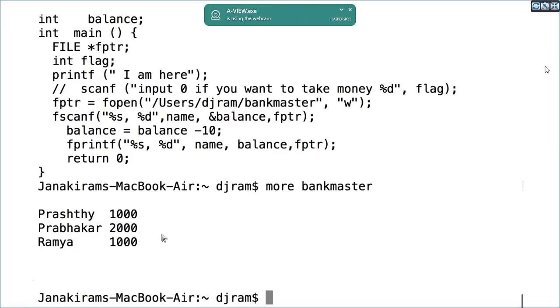So when you want to use simple files and simple C programs to develop these kind of applications, you will run into a lot of difficulties, and that's a place where you can't actually use C programs and files for developing common business applications, where you need many more facilities on top of the file system. That's what are called database systems. What the database systems provide you is an ability to store data, retrieve data, and when multiple people are working on it, an ability to actually make sure that